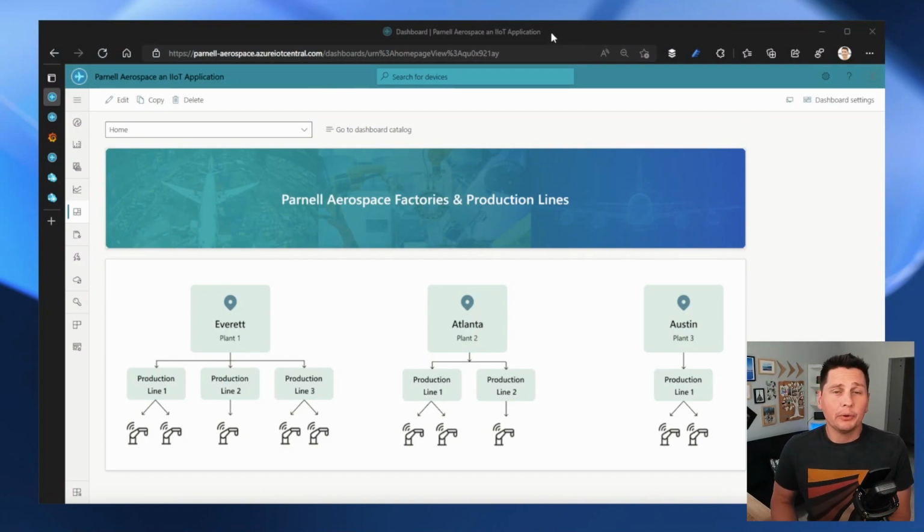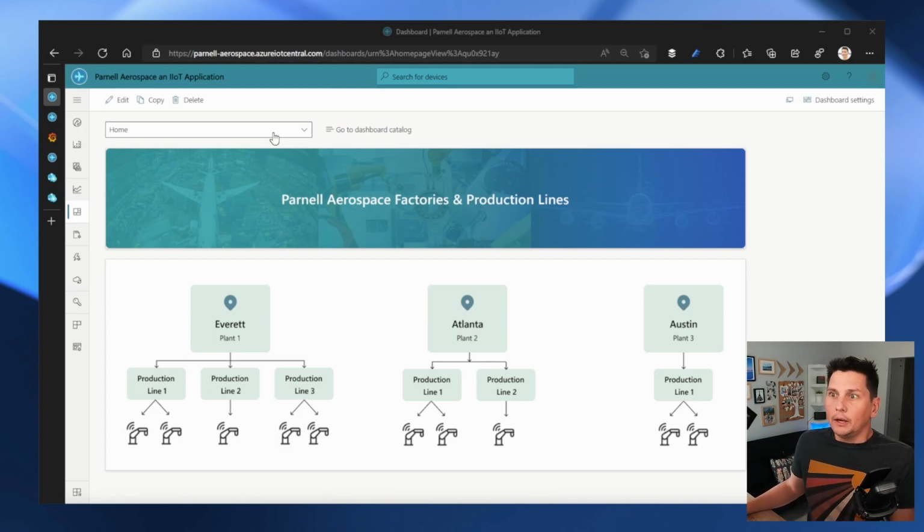So now I'm playing the regional manager for production for Parnell Aerospace, and I want to see how the factories are doing and if the production lines are being efficient in their production. And usually the way you do that is by calling the factory and getting the reports about how things happened last week, number of parts being created, number of deficient parts, kind of an after-the-fact type of thing.